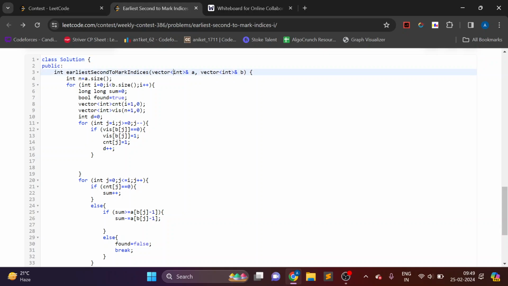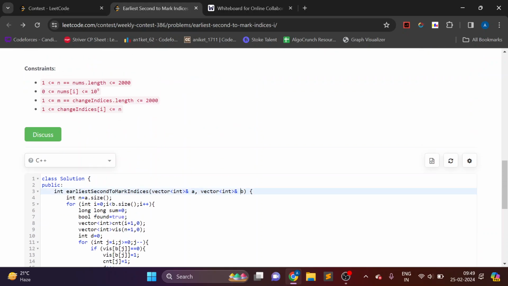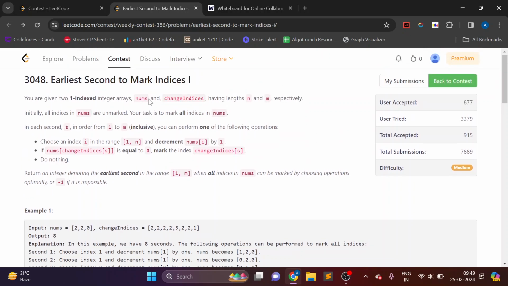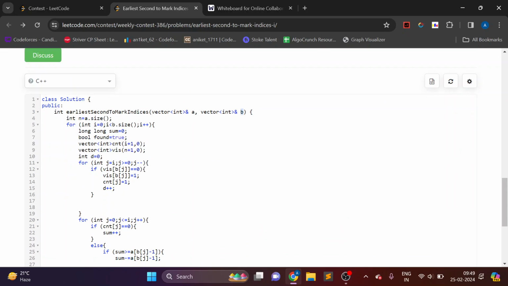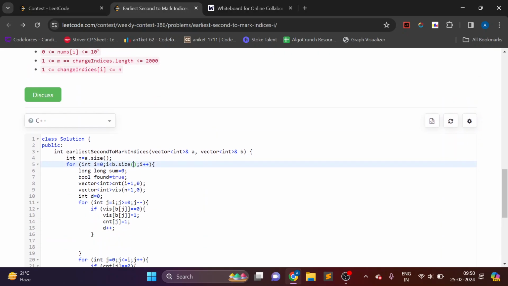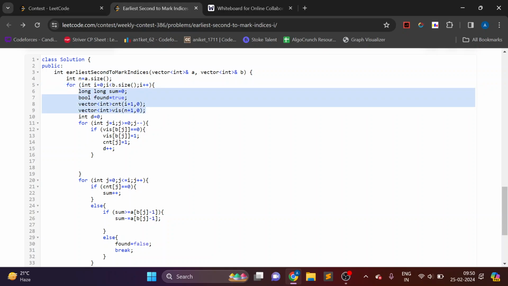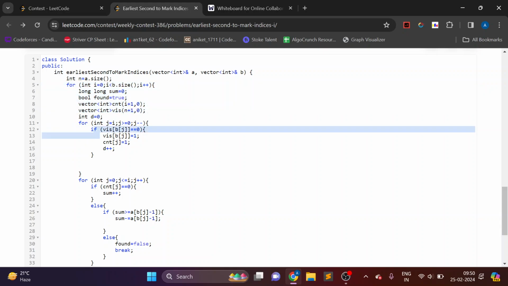So first I just made the vector names easier, because the vector names here were too big. I made both the vectors a and b, and int n is a.size. Now I will iterate from 1 to m, so 0 to b.size, and what I'm doing is first marking all the last occurrences of